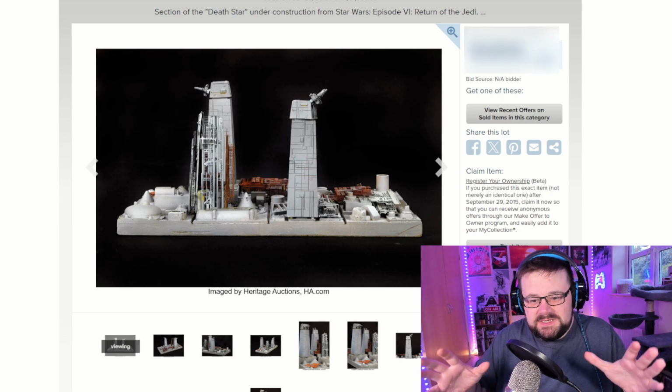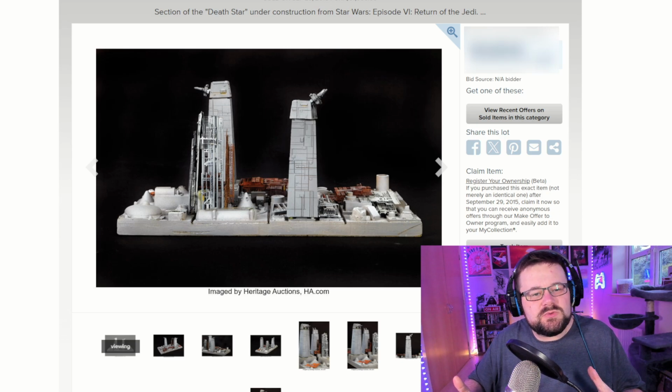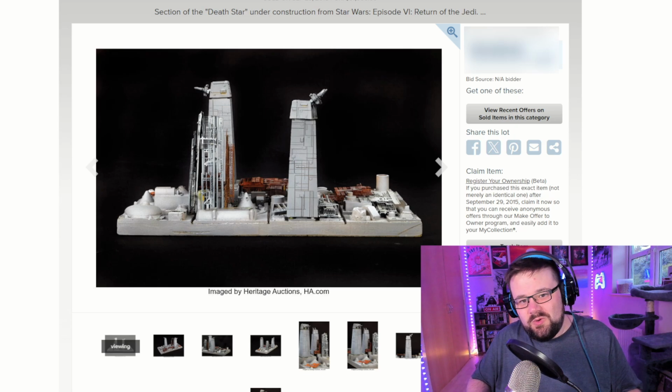Again, original piece of movie prop. Something that is quite unusual. It's a piece of the Death Star. How much do we think? 3, 2, 1...